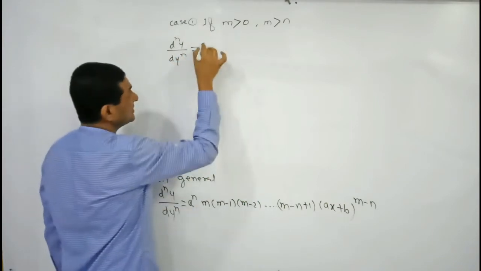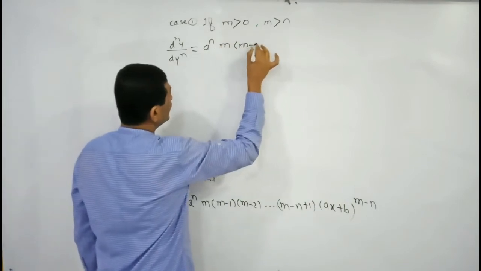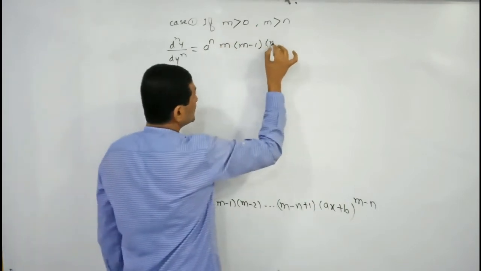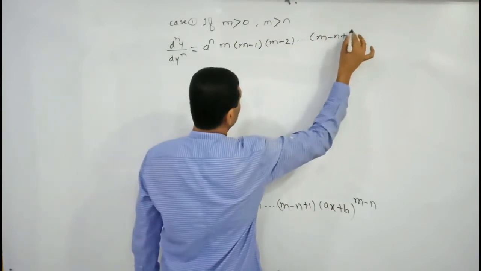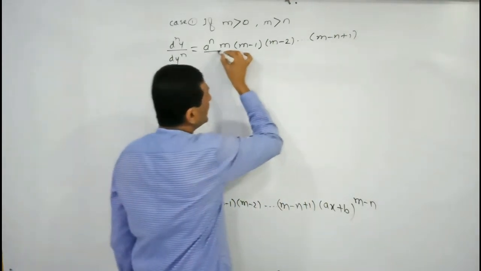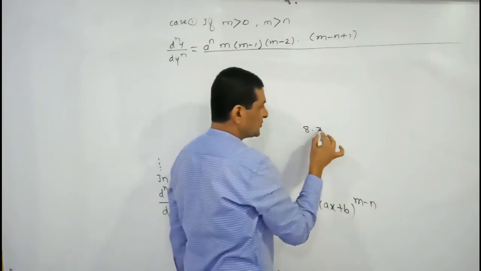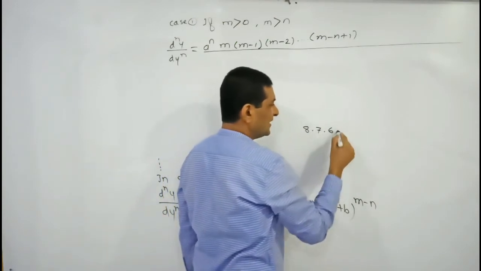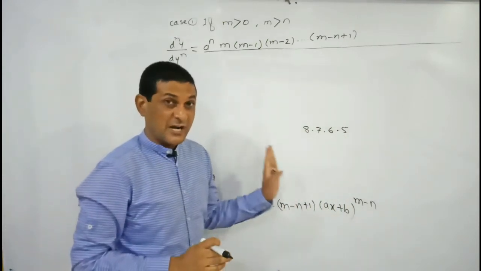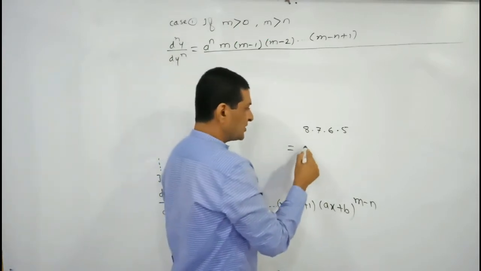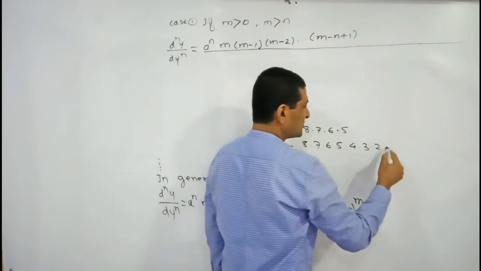What is the first term here? a raised to power n, and m into m minus 1 into m minus 2. Continuing this way, what result we are getting? M minus n plus 1. Okay, now observe it very carefully. Suppose that here we are getting 8 into 7 into 6 into 5, the product of 4 consecutive natural numbers starting with what? 8. Can I write it as 8 into 7 into 6 into 5 into 4 into 3 into 2 into 1,